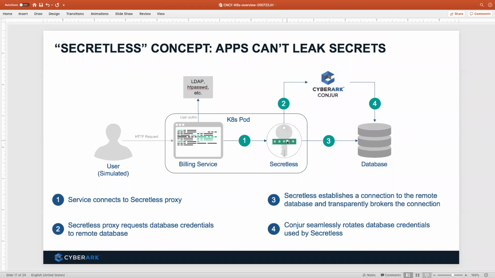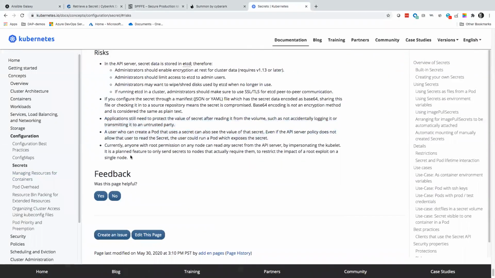They stay within the broker and therefore can't be leaked. So you're still suspect. As we said, once you're root, you can do anything. So keeping people off root, but barring that, we've addressed a lot of these issues where the applications don't have access to the secret and can't inadvertently leak it